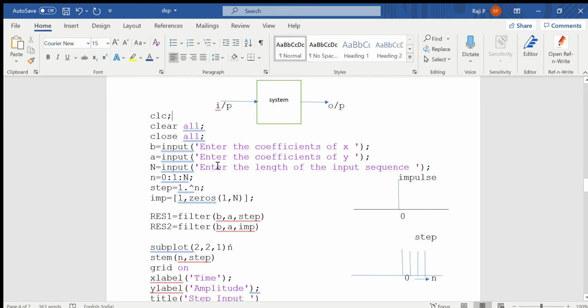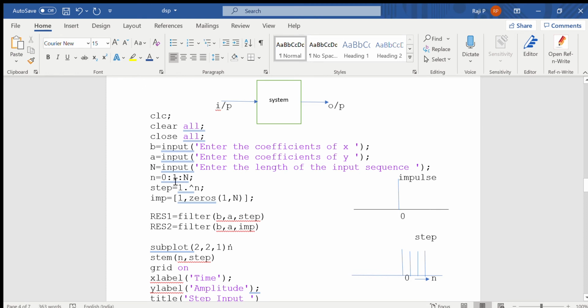Next you have to specify the length of the input sequence. So give N is equal to input of, enter the length of the input sequence. Now for each value of n, you have to find out the impulse response and the step response. In order to do that, let us consider small n is equal to 0 to N, changing at the rate of 1.